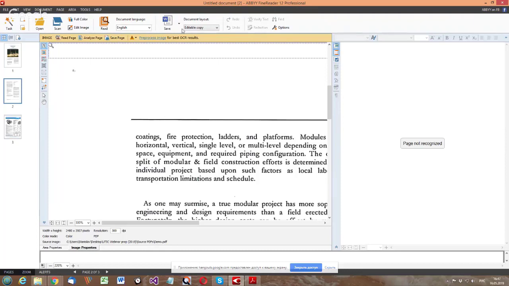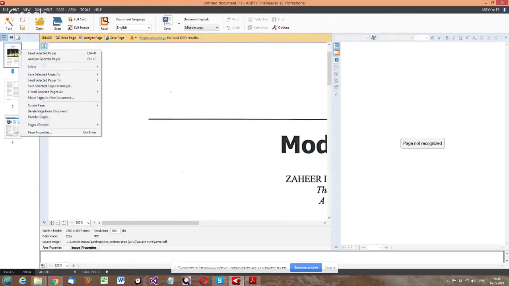The second step is to mark and read recognition areas. Normally, I recommend you to mark all areas manually. If you are new to the manual approach, I highly advise you to mark all areas manually at all times. Do this for the next dozen PDFs to develop experience and knowledge. For simple layouts, you can let Finereader mark areas automatically. I will do this for the first page. Select the first page and click Read Selected Pages.